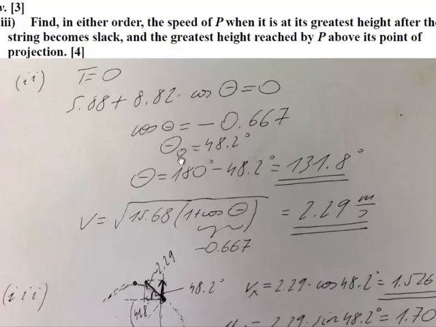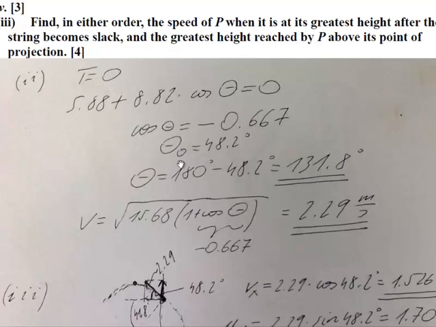This is a temporary angle in degrees, and as cosine is negative, it's in the second quadrant, and